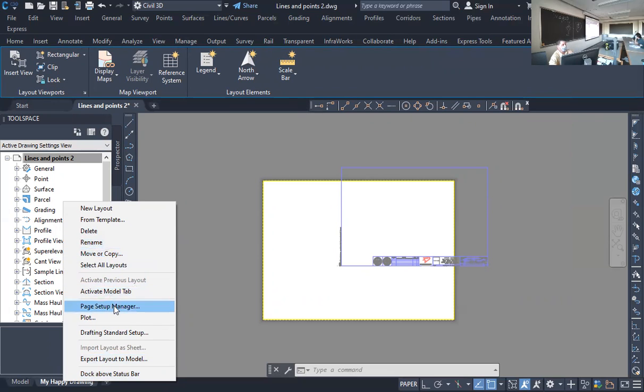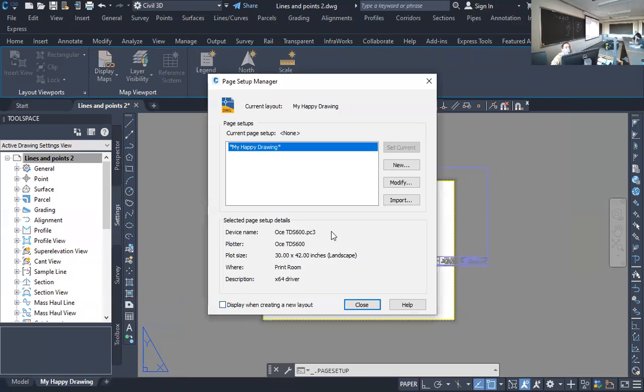Now I'm going to go to page setup manager right here in the middle, page setup. These are all the different setups in this drawing. You can have multiple tabs in this drawing, multiple files. More on that later. We're just going to deal with our existing. So if you click modify,